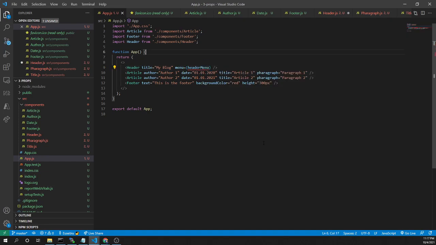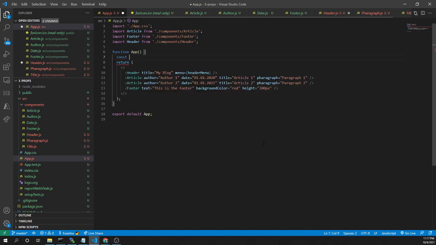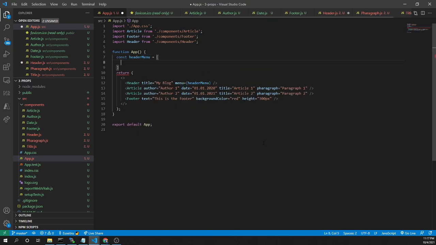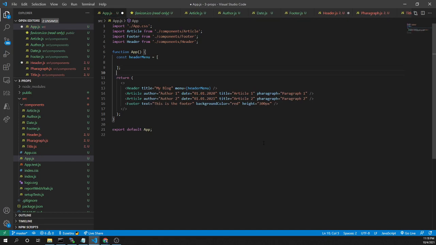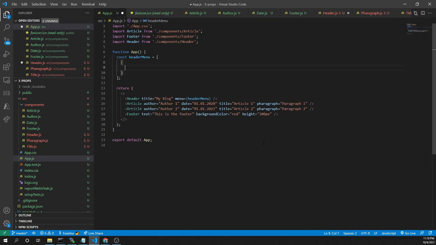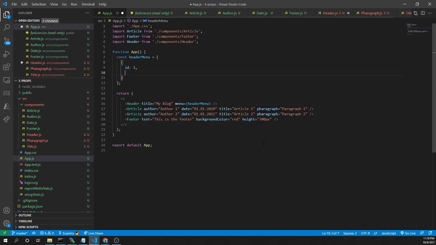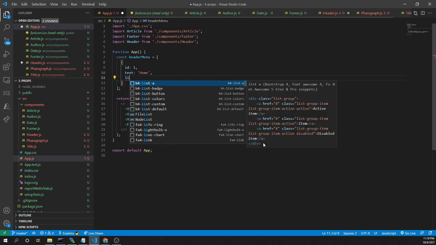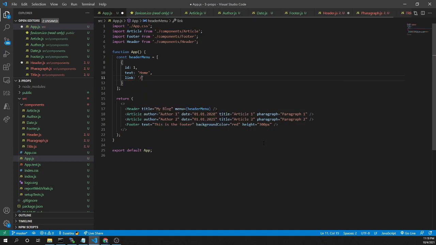So I have header menu, and now I need to define header menu. So here I'll have a constant header menu, which is an array of objects. For each menu item, let's add an ID, let's add text, let's put here home, and let's add a link, and for the link I'll use /home.